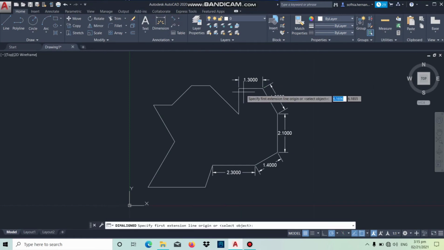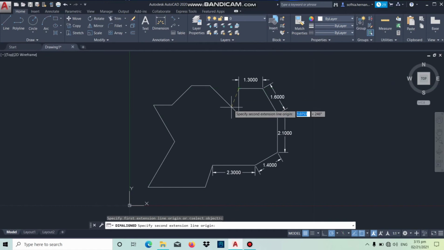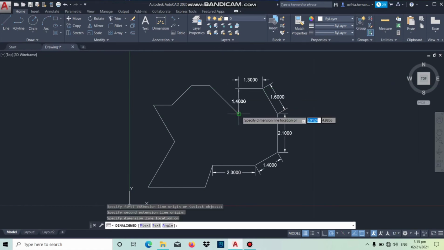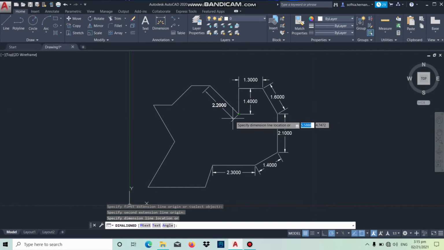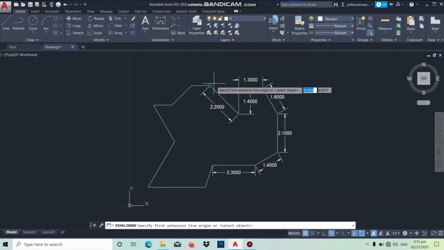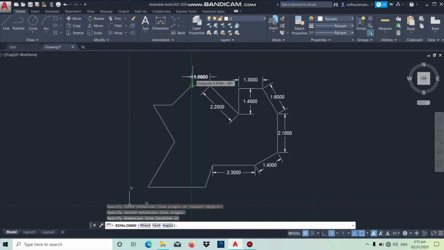Next line would be, this will be the starting point, and this will be the end point, and the measurement of this line is 1.4. Next line, from here over here, has a measurement of 2.2. Next line is this one. We have to click this point up to this point, and it will have a measurement of